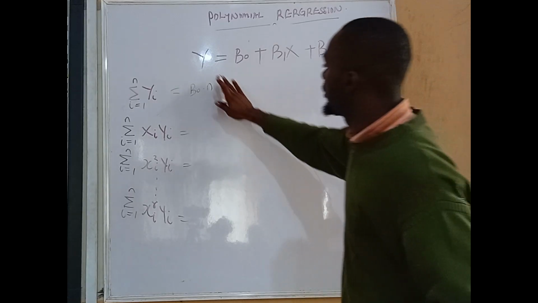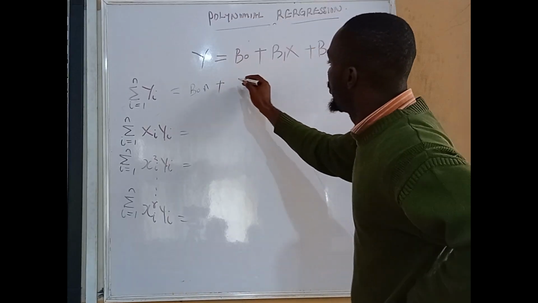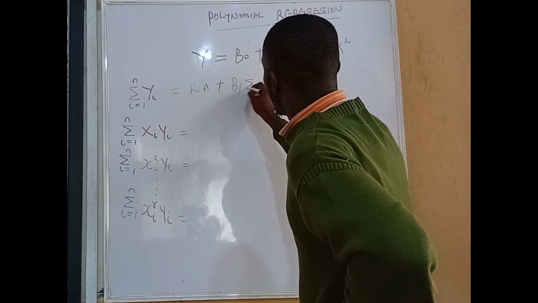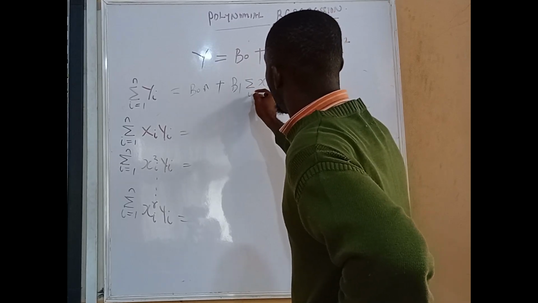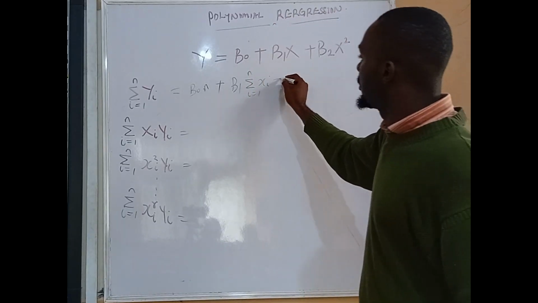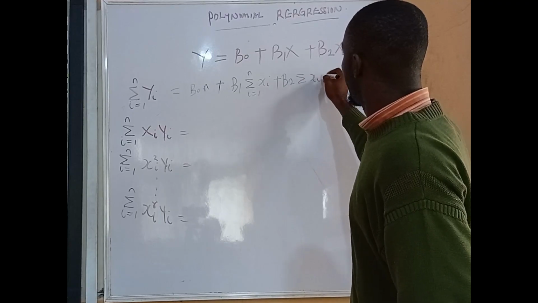Then you say plus b1, then you sum your x from 1 to n. Then the next one is b2, now sum your